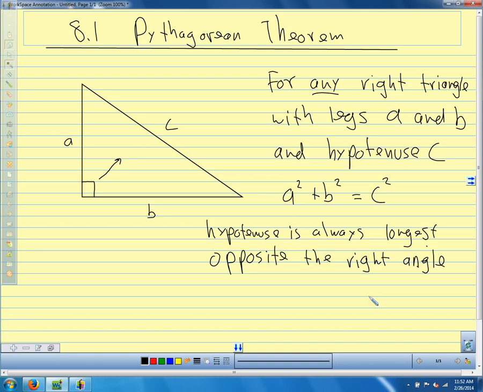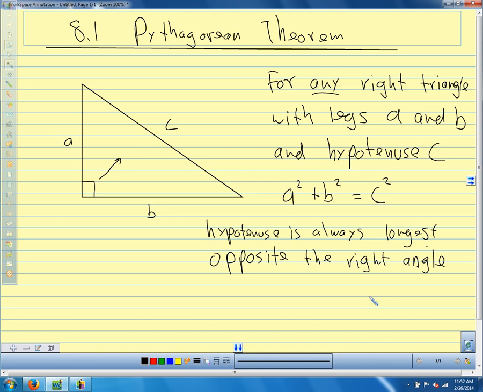And like I said right when we started, the Pythagorean theorem is probably one of the most important ideas in all of math. It's named for Pythagoras, who was a Greek, but it was around for a long time before Pythagoras, as far back as 1700 BC. There are writings in ancient Babylon showing that the Babylonians knew about the Pythagorean theorem. In ancient Egypt, they would use the Pythagorean theorem